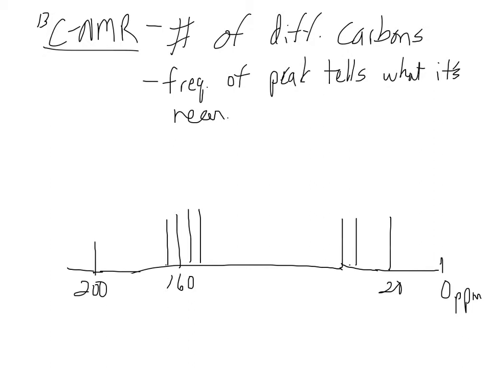So that doesn't mean we have 8 carbons, does it? That means we have 8 different types. That's how many types we have. So without any other knowledge of this, you could look at this, like some things you should look for,